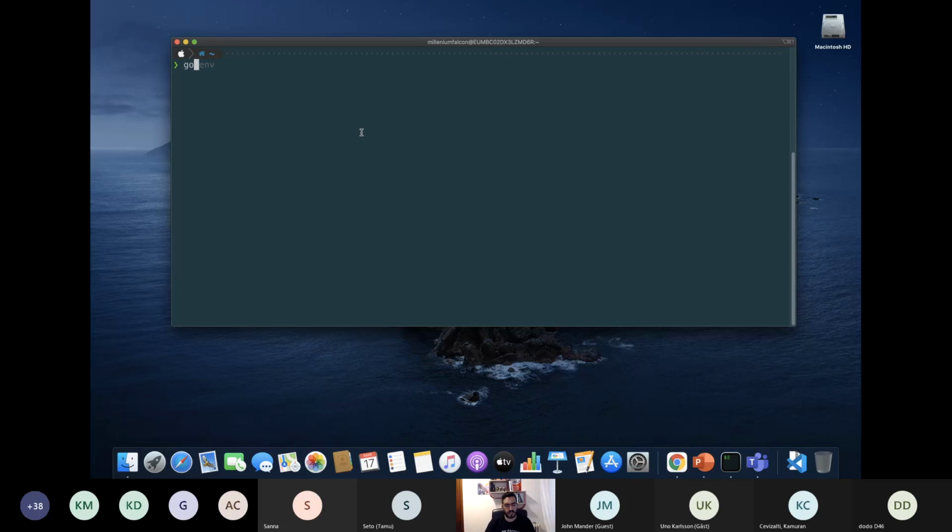So the first thing is that to confirm that I have everything running, I'm gonna do this, go version, and that's it. You can see that the 1.16 version is up and running. Okay, so I'm gonna actually go here into a Linux VM, and I'm gonna use this one.